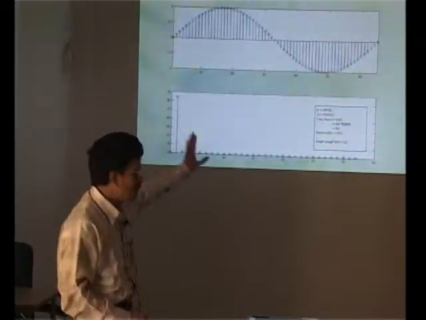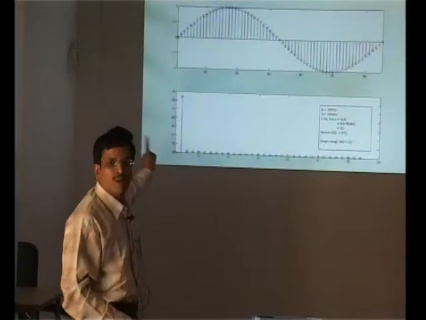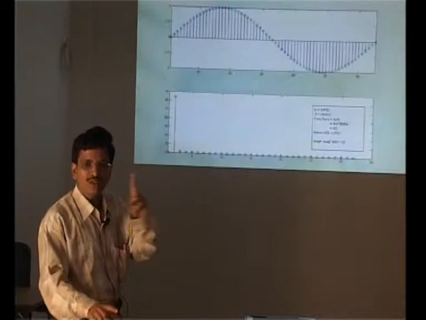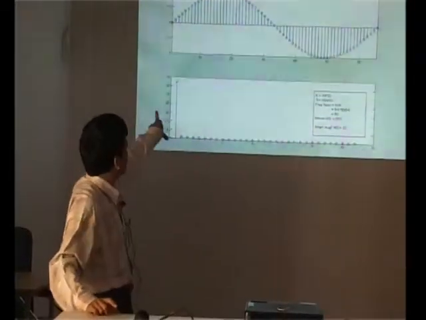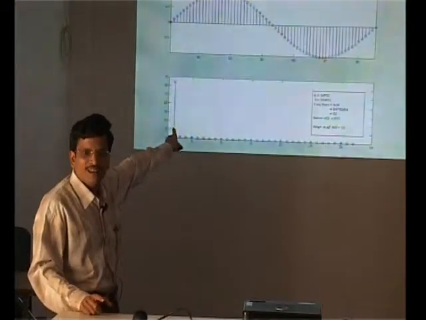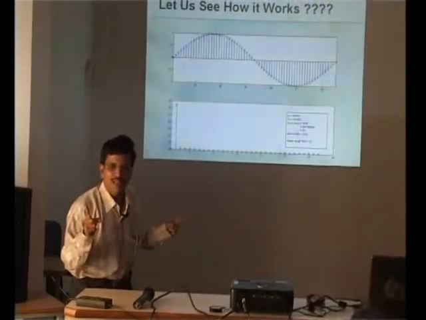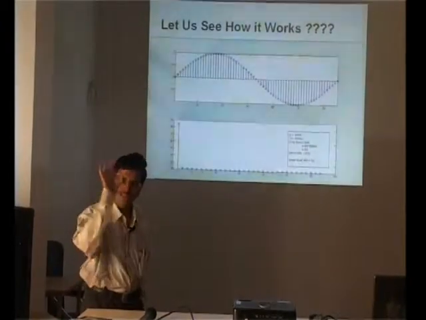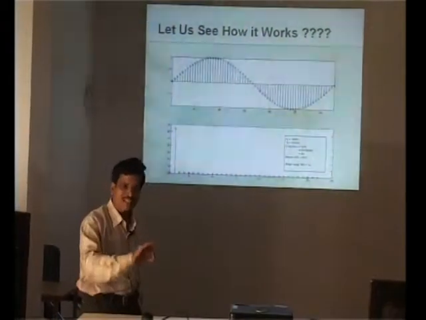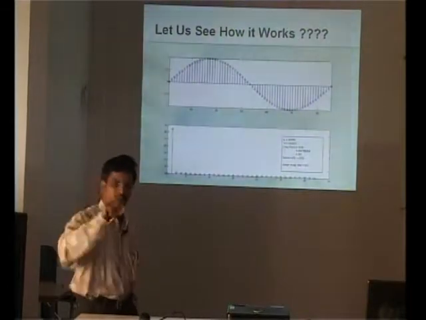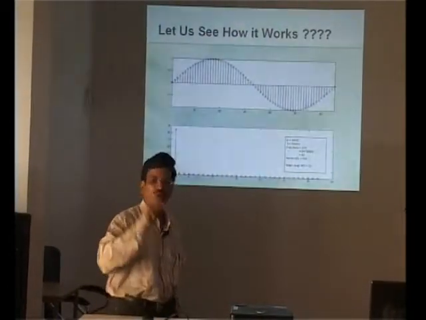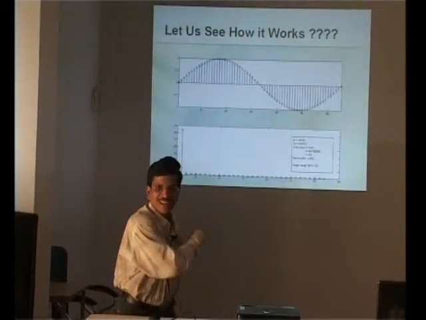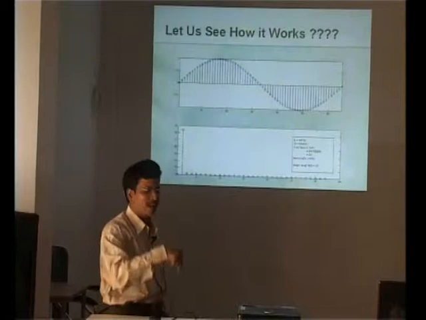So if this is the FFT, this must correspond to 50 hertz, and of magnitude 1, because you look into your signal. What is the maximum magnitude of the signal? Magnitude is 1. What is the frequency of the signal? 50. So while interpreting this result, you should interpret that it corresponds to a signal whose frequency is 50 hertz and whose magnitude is 1. The interpretation is very easy.